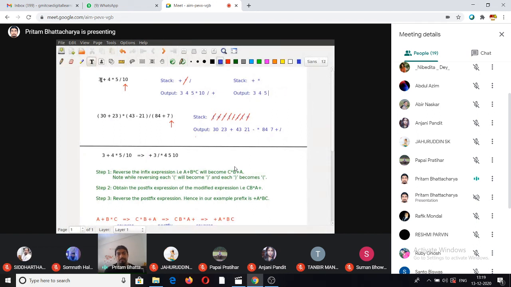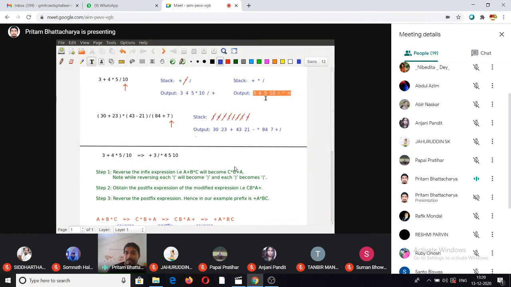So you have pushed in 3, 4, 5 and plus and star here. Now at this step, instead of popping the star and adding it to output, you will instead push in the division, because now you are pushing in when it's greater than or equal to, instead of pushing in only when it's strictly greater. Then the 10 goes to output, and finally, because you have reached the end of input, you pop one by one and add to the end of the output. So this will be the modified postfix.